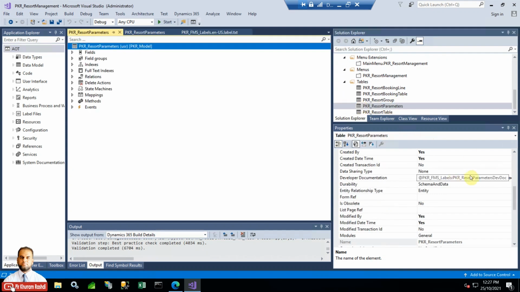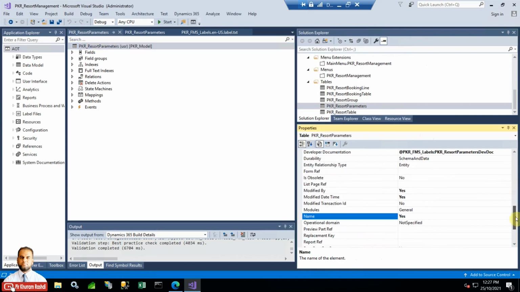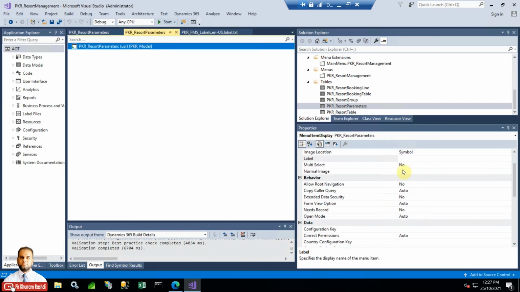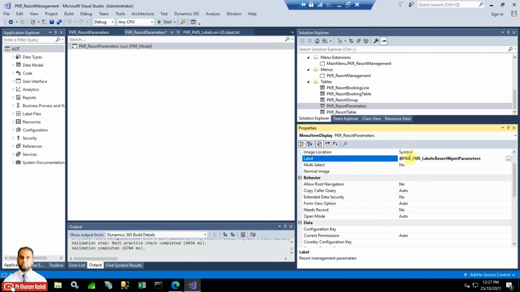Just double click it, and you can see the label property we have already set here, which is resort management parameters. So I will just reuse the same label in this display menu item. I will just drag and copy paste here, and